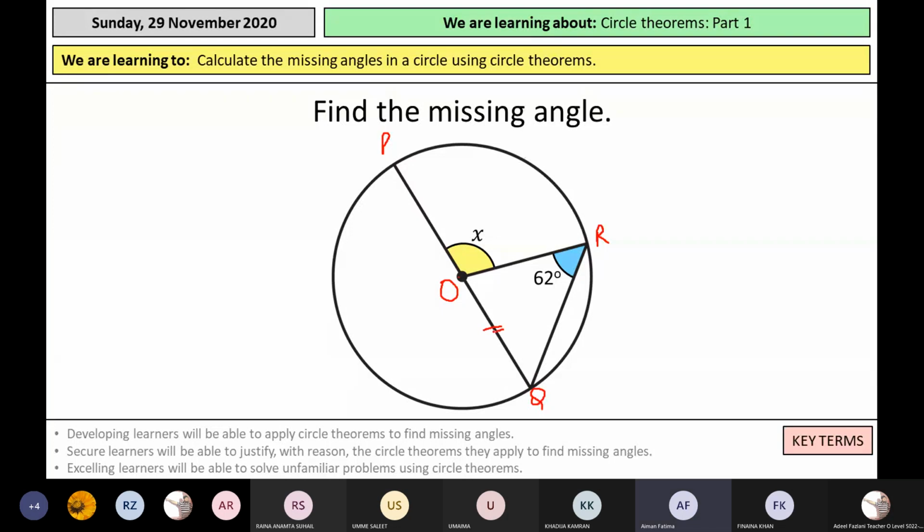Just notice, this length and this length is equal, yes or no? If this length and this length is equal, so this angle and this angle is also equal. Yes or no? Your question was, is this said to be an isosceles triangle? Yes, it is an isosceles triangle. We can add them and subtract them from 180, and then whatever answer comes, you subtract that from 180 and then the answer will be x. Okay, tell me what is